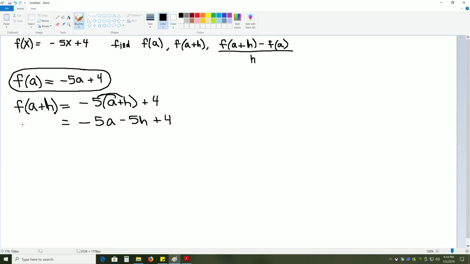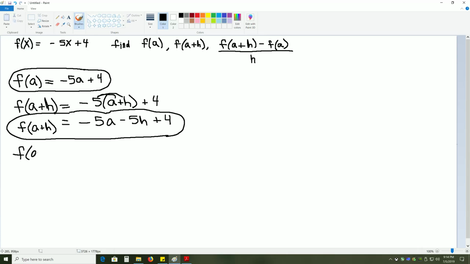And again, this cannot be simplified any further, so we'll rewrite our function notation, f of a plus h, and circle our answer. Okay, from here we needed to find f of a plus h minus f of a all over h. So for this problem, we've already found f of a plus h and f of a. We don't need to find them a second time. We can simply plug them in to the formula that we have in the top right,